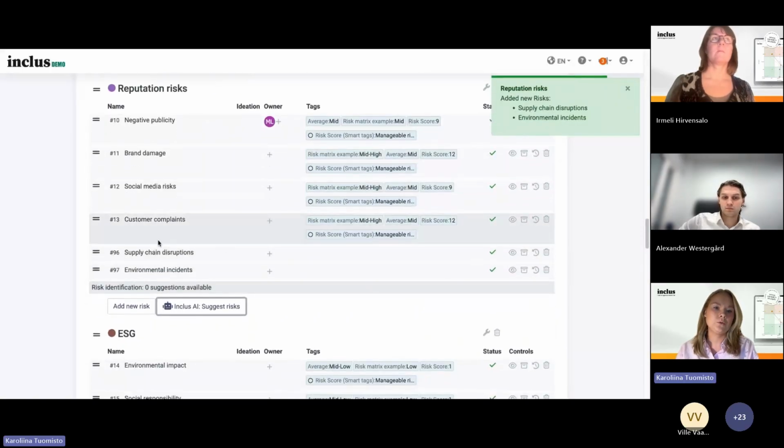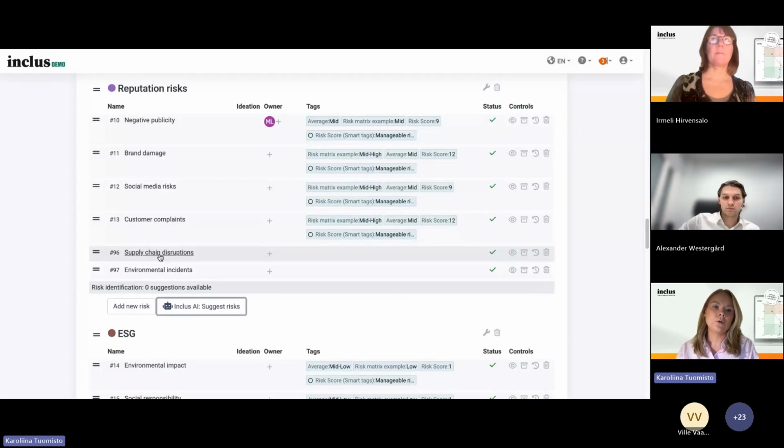Now they appear under this category, and of course you can later on make some changes. You can edit the name and the description and everything like normally if you want to make it more precise to your context.